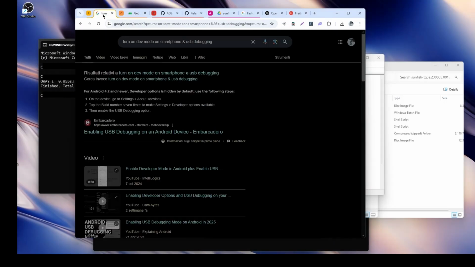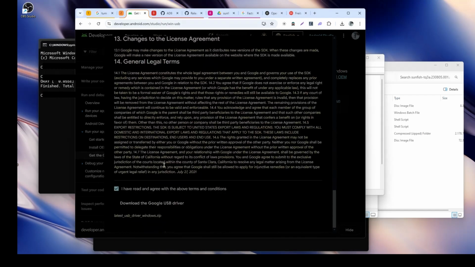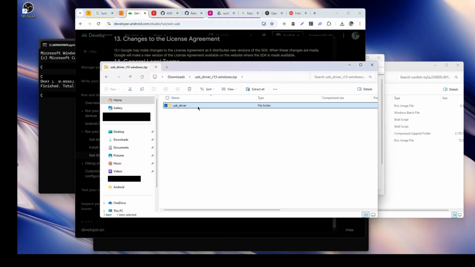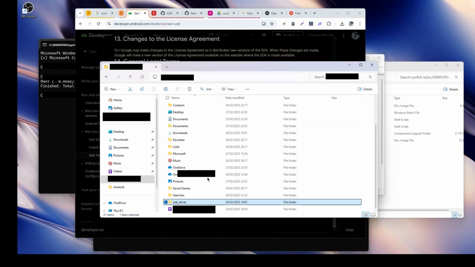After having done step 1, turn on dev mode and USB debugging on your smartphone, you go to this page, link in the description, and get Google USB driver, because we are using a Google phone. Otherwise, if I have a different phone, you would use this, but this tutorial is for Google phone. So you click on this button and license agreement, then you download the file, and I already downloaded it. It is here in my download folder, and I just put it in my personal folder. As you can see, it should be somewhere here. Yes, USB driver. Keep in mind where you